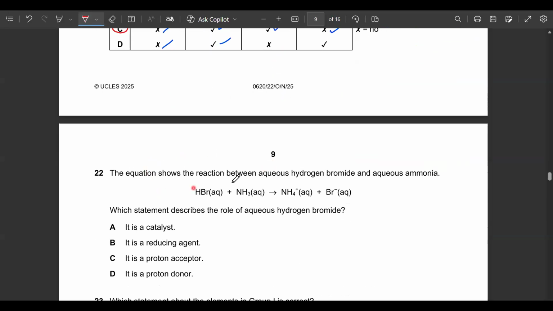The equation shows the reaction between aqueous hydrogen bromide and aqueous ammonia. Which statement describes the role of the aqueous hydrogen bromide? Now the options provided are catalyst, reducing agent, proton acceptor, proton donor. If we look at option A, which is about a catalyst, that is the species which is